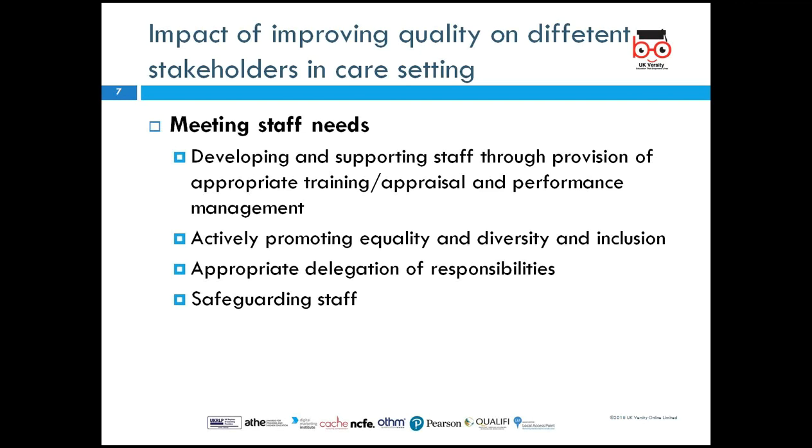The first one was meeting service user needs. Now, meeting staff needs. Quality goes a long way to even affect staff. The needs of staff are also met. Right. Developing and supporting staff through provision of appropriate training, appraisal, and performance management. If you want to improve quality,